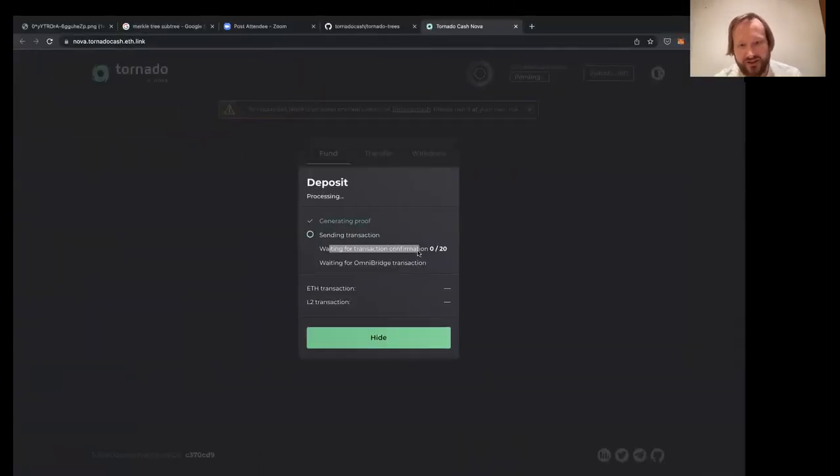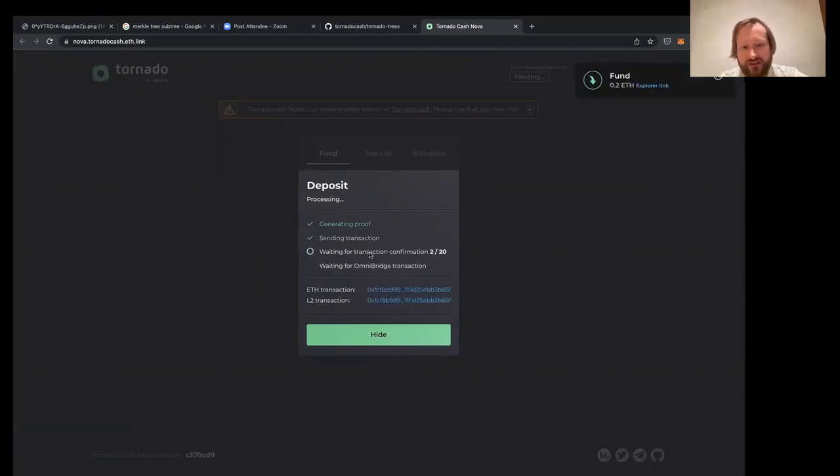It will need 20 confirmation because in addition to what I already described, we use layer 2. So when we send the transaction from mainnet, it is actually sent to a bridge to XDAI. It waits for 20 confirmation and then deposits on Tornado Cash Nova instance on XDAI blockchain.